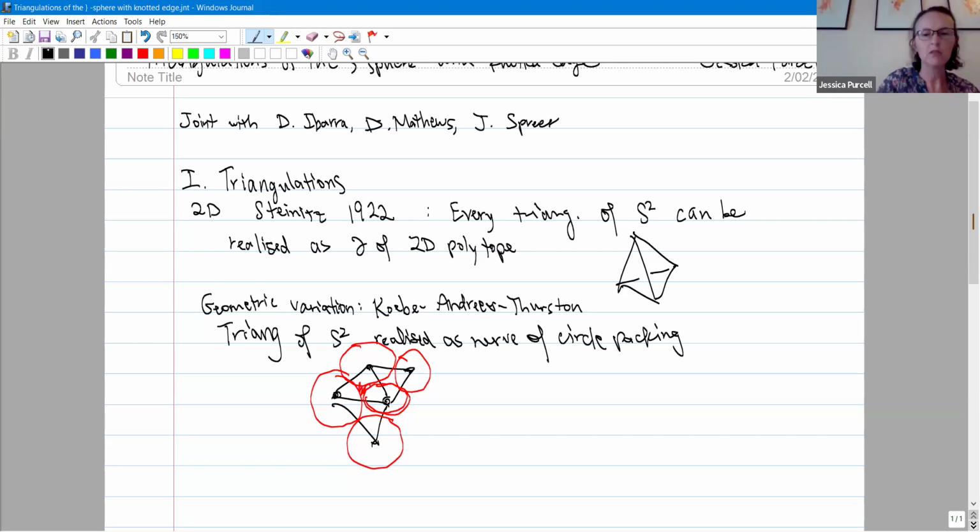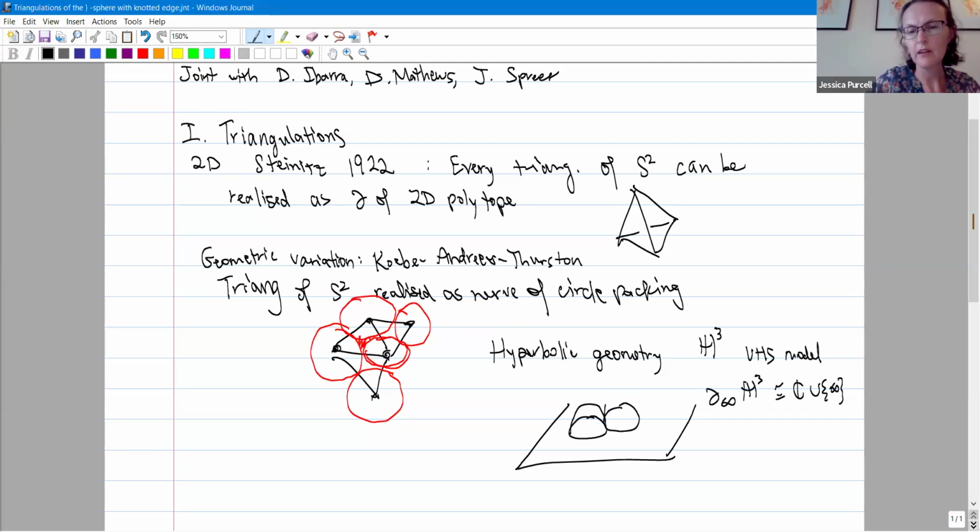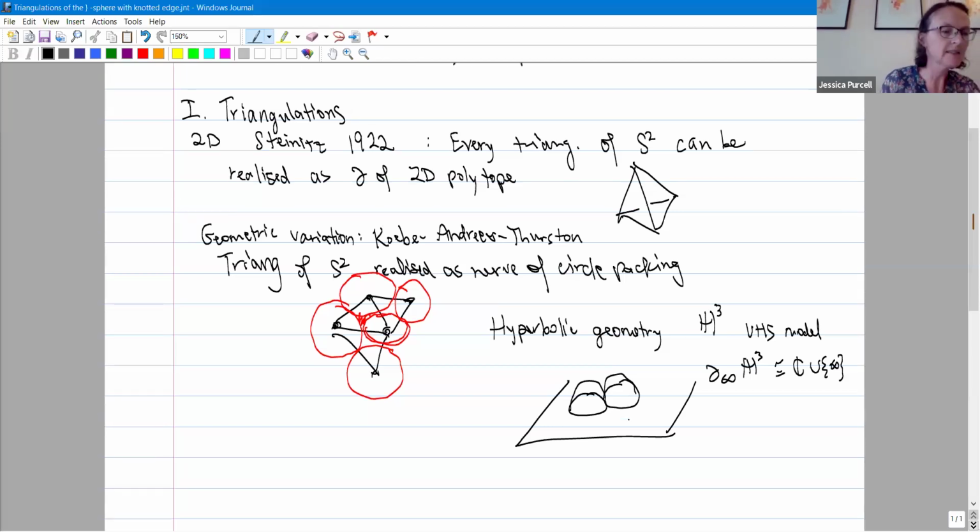So if you take this into hyperbolic geometry, I won't go into too many details about hyperbolic space, but if you think of hyperbolic space in the upper half space model, then your boundary at infinity of the three-sphere you can view as the Riemann sphere, as the two-sphere, and you can put this triangulation on this plane, and now all of the circles correspond to totally geodesic hyperplanes, and you can cut out these disjoint surfaces bounded by the hyperplanes, and you end up with,